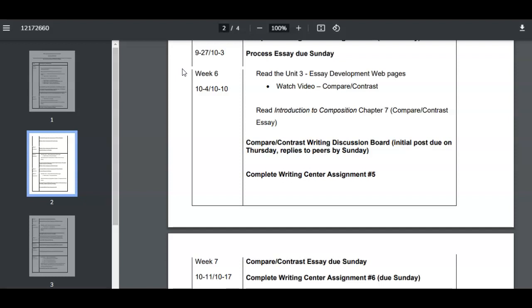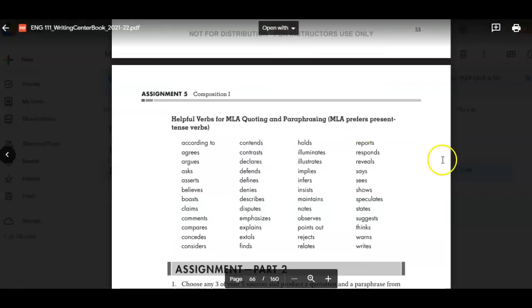Now, when it comes to assignments, we've got the compare contrast writing discussion board, as well as writing center assignment number 5. Actually, I think what I will do is talk a little bit about writing center assignment number 5 first, because I think that's the most involved. The discussion board is fairly simple and very straightforward, so I'll put that off for later in this video. But writing center assignment number 5, and let's go to